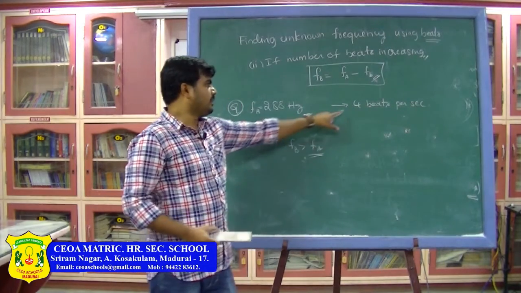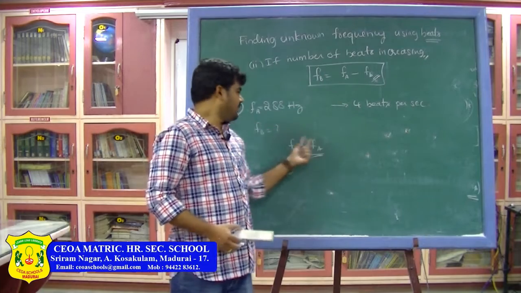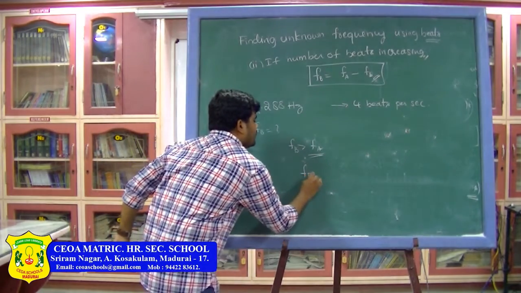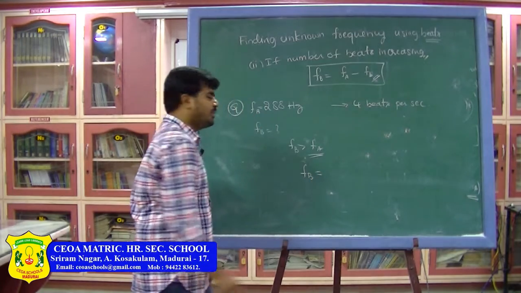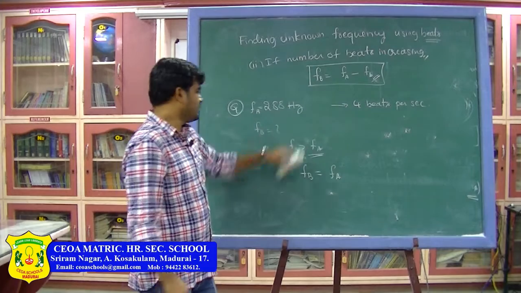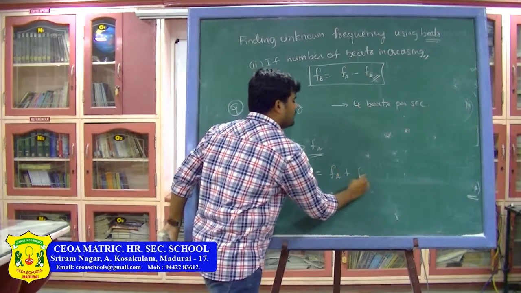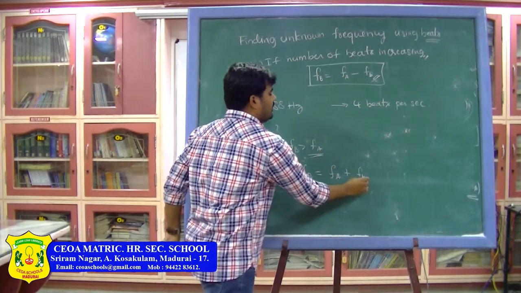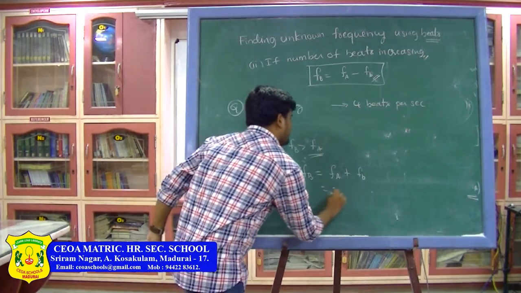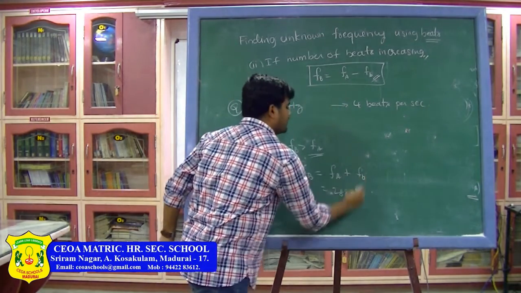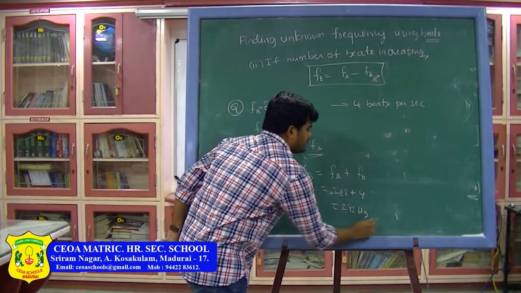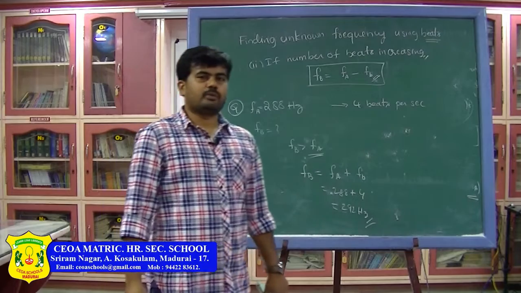FB greater than FA, that means when loading with wax the frequency generally decreases. So, that is why number of beats are decreasing. So, I can take FB greater than FA, therefore, the value of unknown frequency can be calculated by FB is equal to given frequency, that is FA, plus initial number of beats that are formed by them before loading. So, then FA value 288 plus number of beats 4, that is 292 hertz is the answer. That is the answer to this problem.